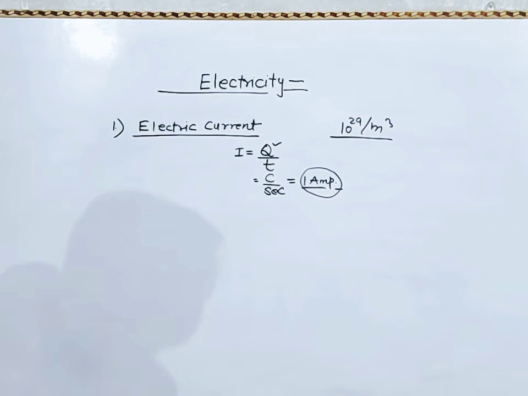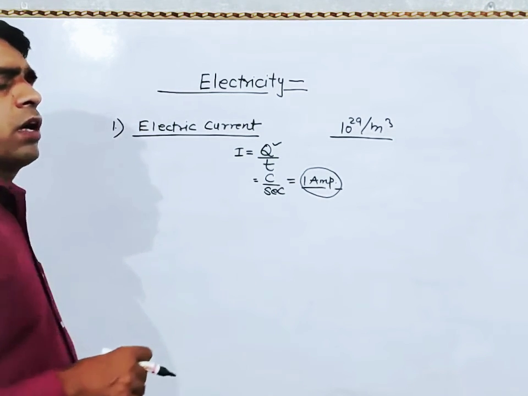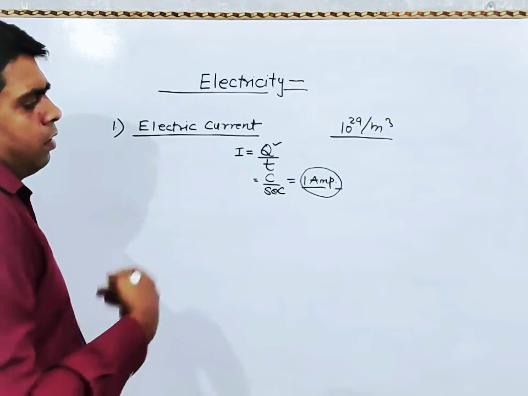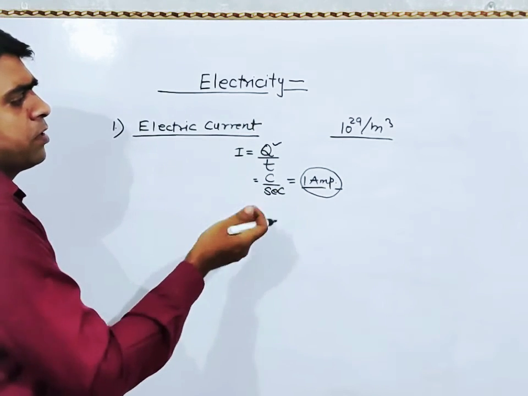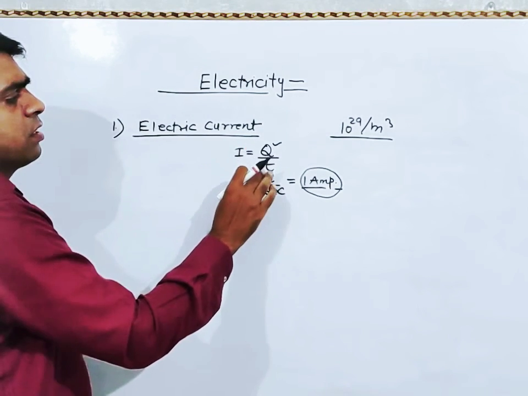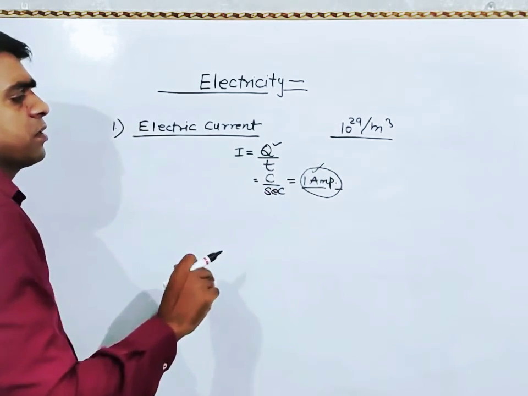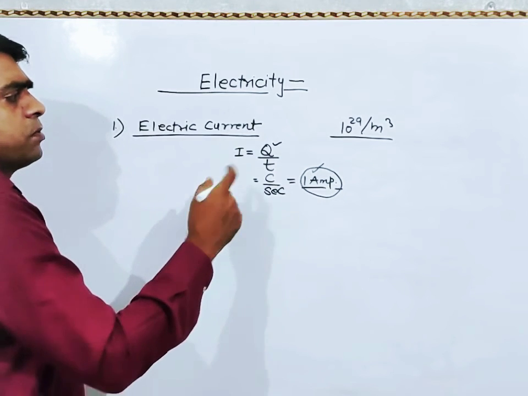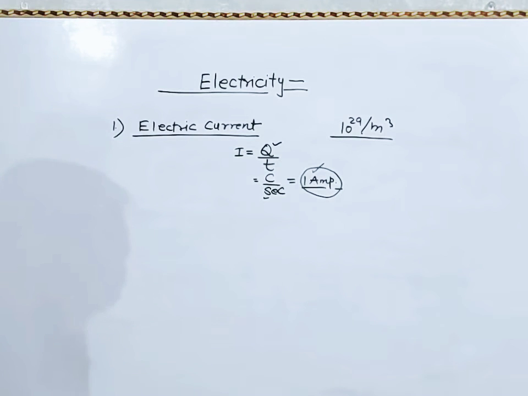तो इसको हम लोग क्या करेंगे, मैग्नेटिज्म चैप्टर में क्या करेंगे, 1 एम्पियर को डिफाइन करेंगे बेस्ड ऑन द टू पैरेलल वायर ऑफ इनफिनिट लेंथ in which currents are flowing. But here, if we wish to define the electric current, तो on the basis of charge to the time हम क्या कर सकते हैं, 1 एम्पियर को डिफाइन कर सकते हैं. तो 1 एम्पियर करंट क्या है? What is the 1 ampere current? If 1 coulomb of charge flowing through 1 second, the current corresponding to the conductor will be considered as a